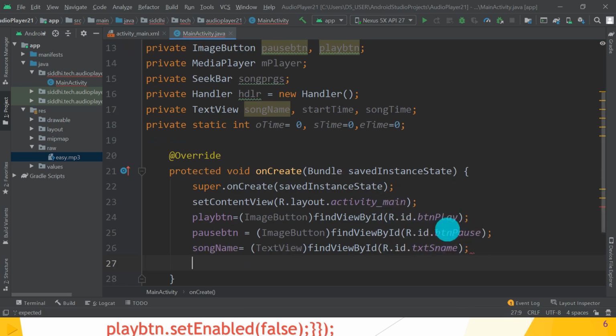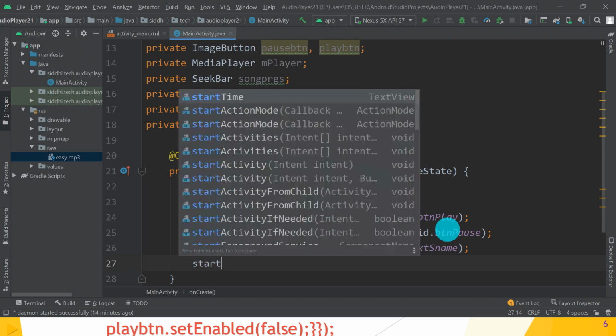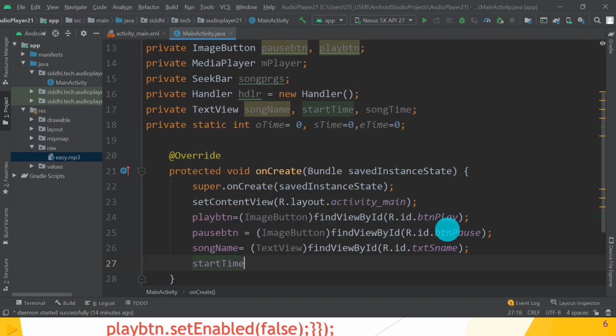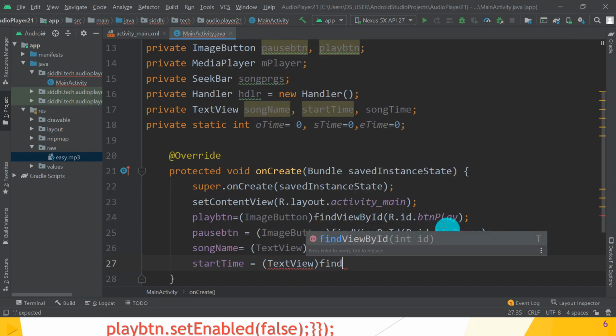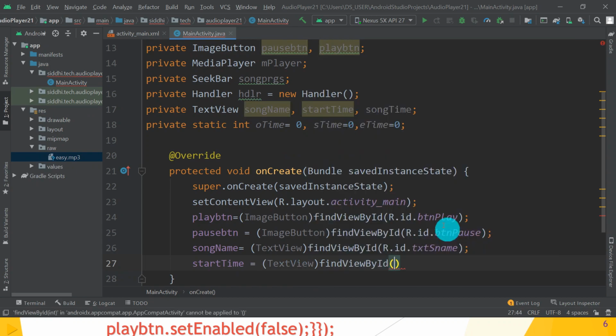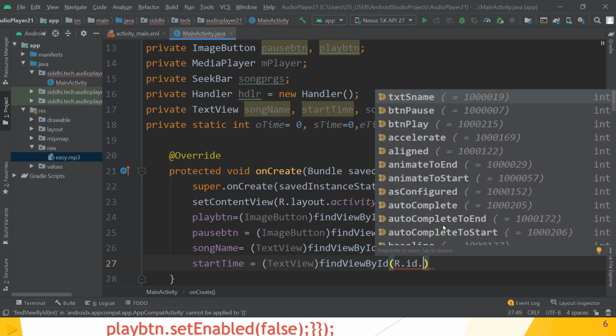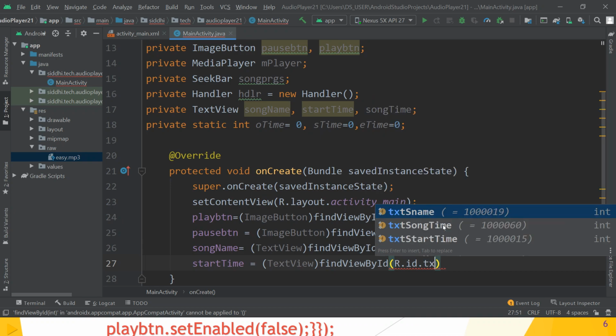Great. After song name, what is start time? So start time is equal to TextView, findViewById, R.id.txt_start_time.